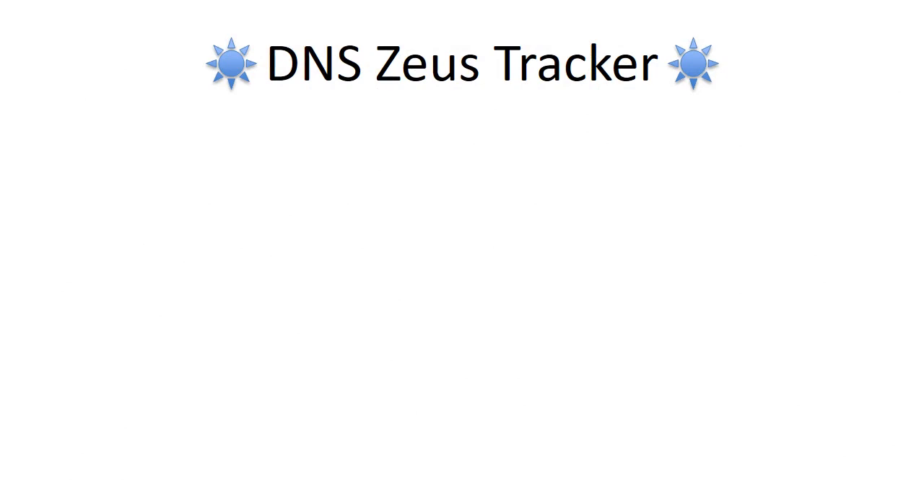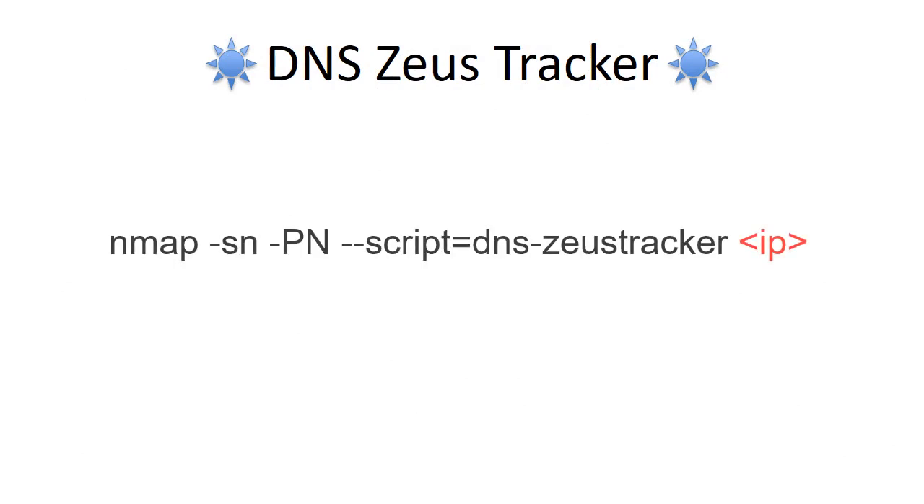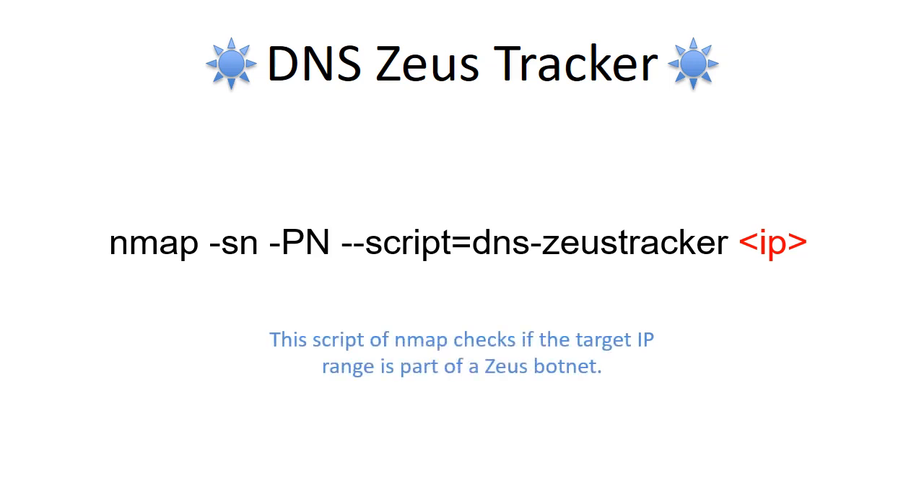Zeus or ZBOT is a Trojan horse malware package that runs on versions of Microsoft Windows. While it can be used to carry out many malicious and criminal tasks, it is often used to steal banking information by man in the browser, keystroke logging and form grabbing. This script